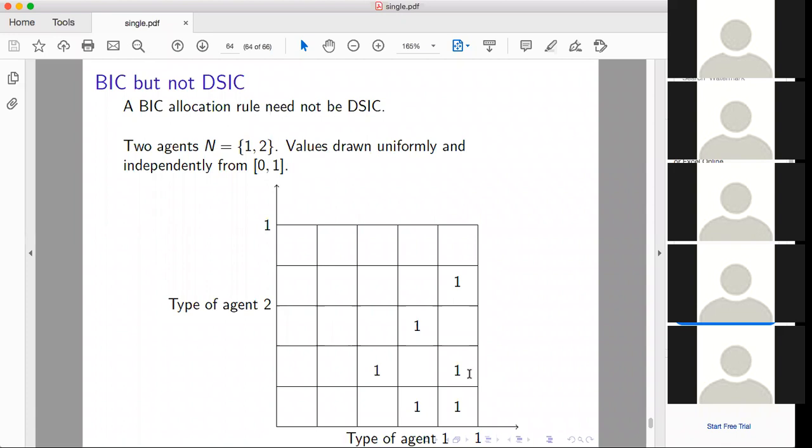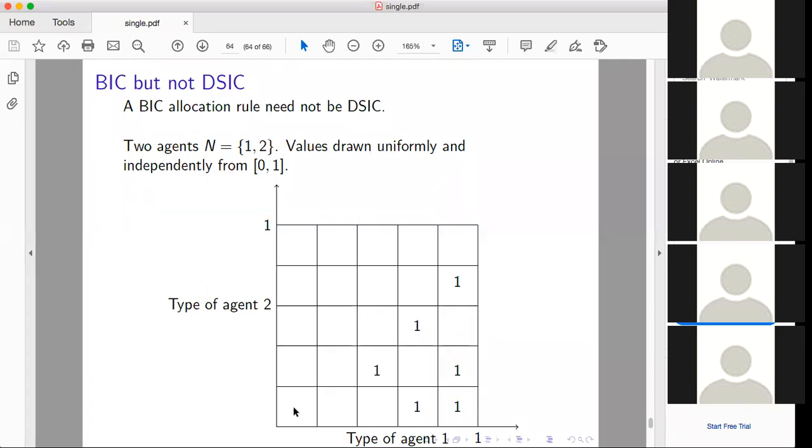Okay, and then it increases again. And here also it's 1 here and 0 here. So as agent 1 increases its type for a given type of agent 2, the allocation rule is decreasing. But I want to claim that this allocation rule is indeed non-decreasing in expectation if you assume that the prior is uniform. So if all the types are occurring with the same probability, then the expected allocation probability of this agent